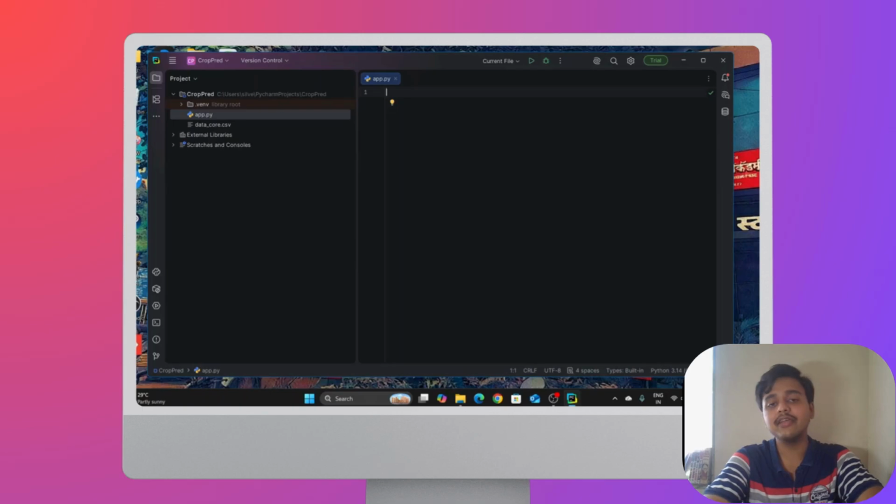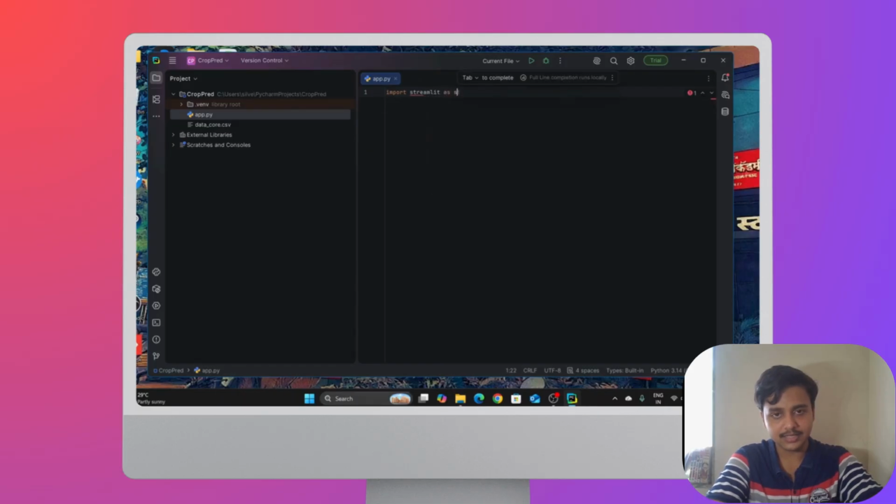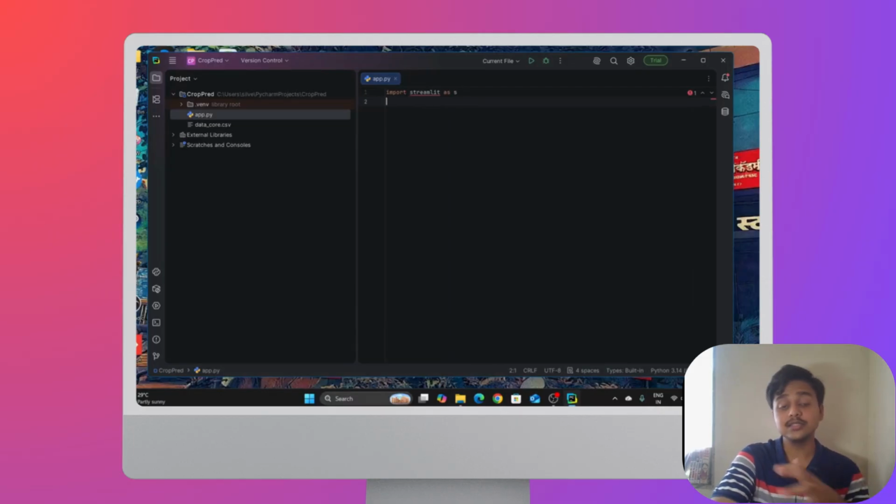The first section that we have to do while writing any code is to import all the libraries necessary. For this project, since we are going to deploy the application, I am going to import a library known as Streamlit. Import streamlit as st. Okay, this is the most important line. It tells Python we are going to use Streamlit to build our web application.